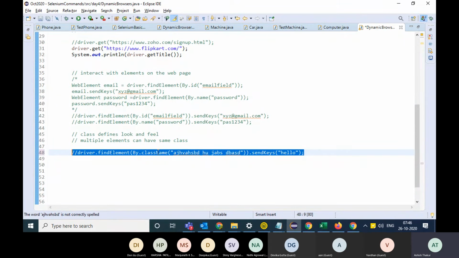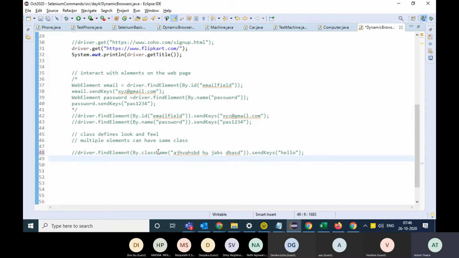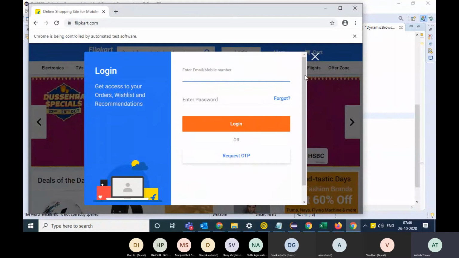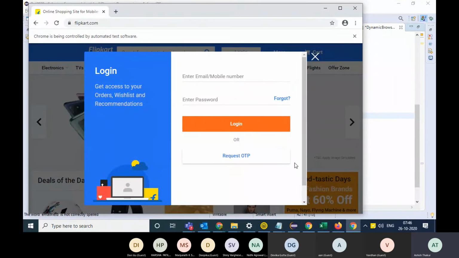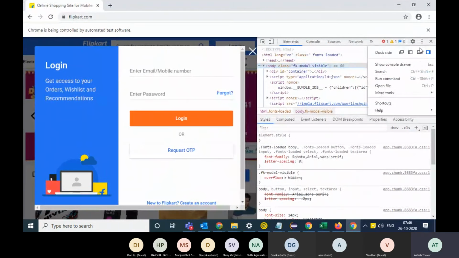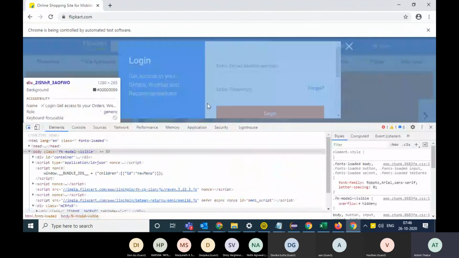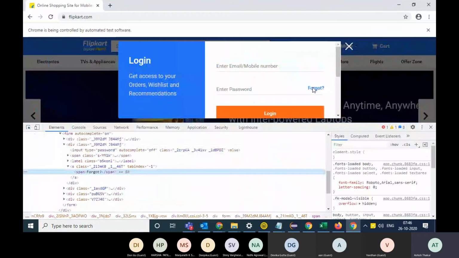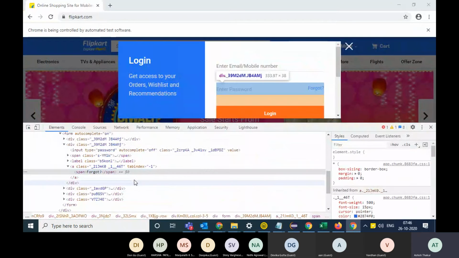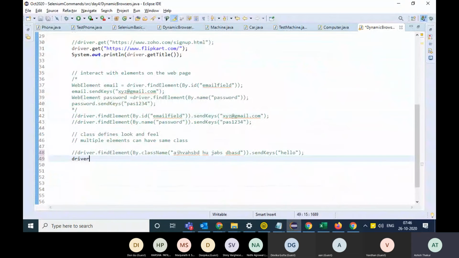Similarly, you have got other identifying criteria. For example, this is the forgot link. You can identify the elements based on the link text as well. So you can also write like this: driver.find_element by the link text forgot dot click.